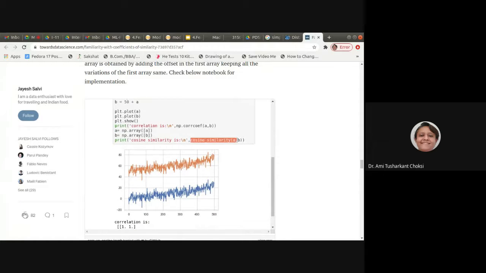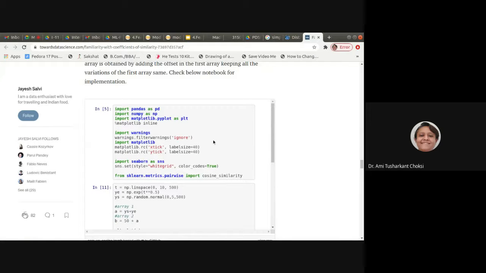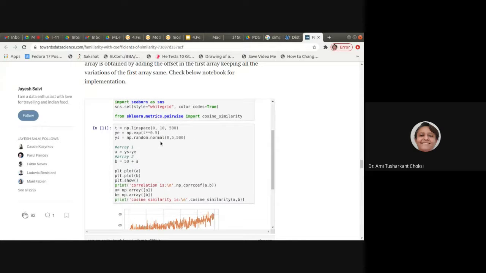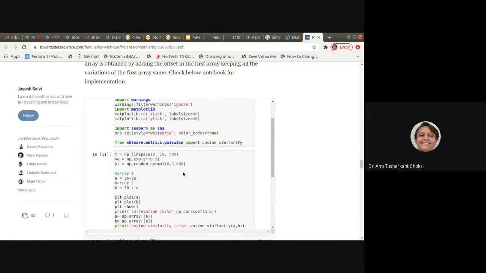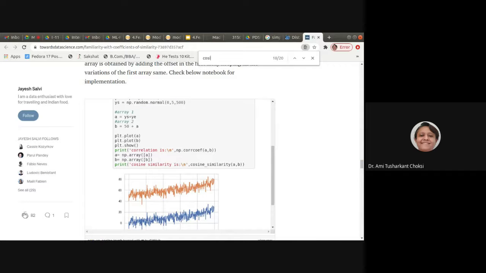See, here it is having cosine similarity, directly using cosine similarity.